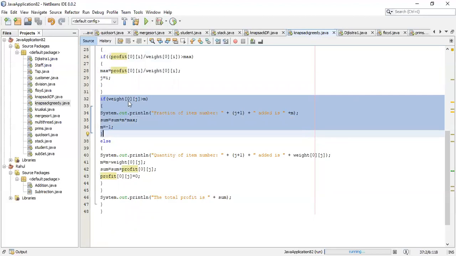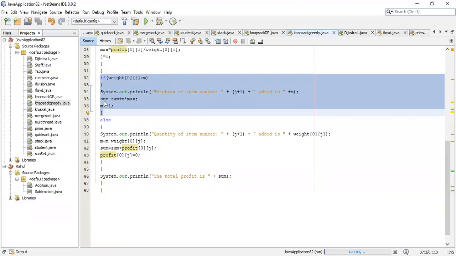If that particular item's weight is greater than the bag capacity, observe carefully, then only a fraction of that item could be added. Only a fraction of that item can be added when the weight of that item is greater than the bag capacity.